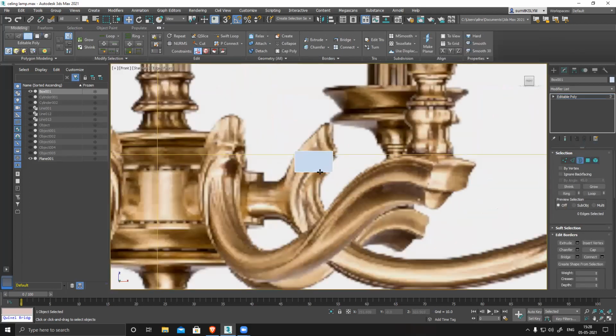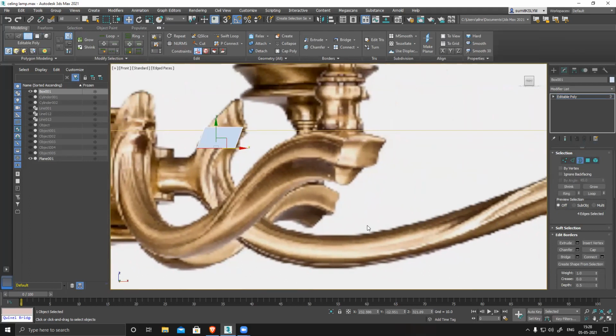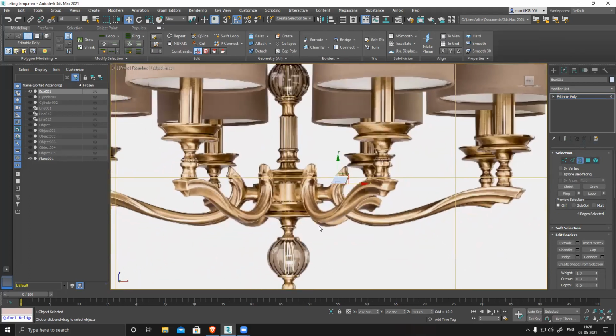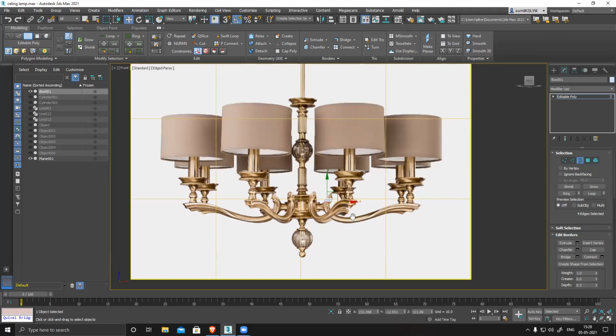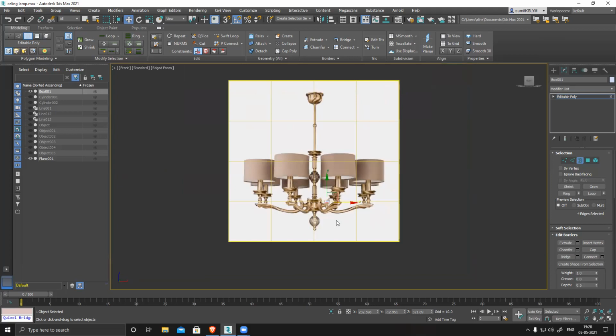Sir, then it was not in the center, it was like two forward and two backward. Everything was not in the center. The handle thing and the light thing and the bulb thing were not in the center. Like I created the handle thing, the light thing and all, and it was not perfectly aligned in the center. But yes, that's what I showed initially.